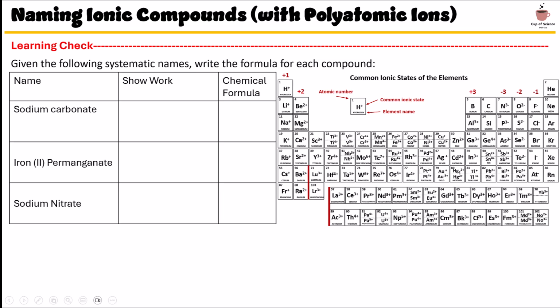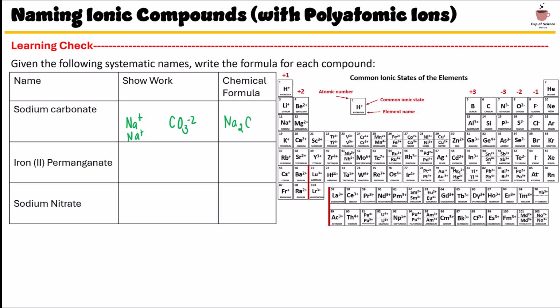Here, now I'm giving the systematic names. Now I want you to find a chemical formula. In between, you do need to show work. Here it says sodium carbonate. Sodium is Na and its charge is plus. Carbonate is CO3 minus 2. How did I know that so fast? Because I knew the polyatomic ion. We need another sodium to make sure it neutralizes all of the charges, +2 and -2. So therefore, the chemical formula would be